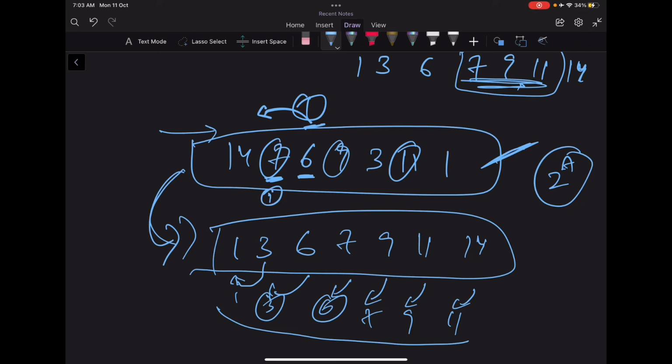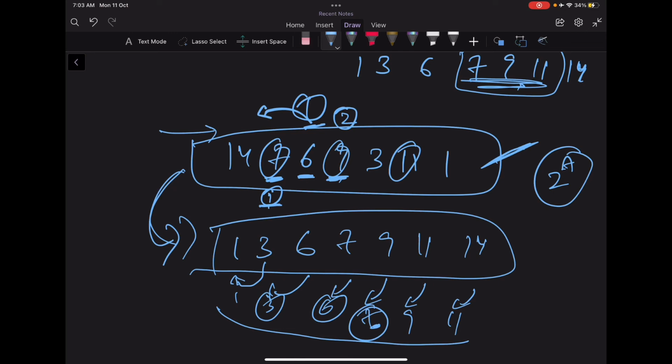Again, for storing these, we can use a hash map, right? Now when I reach 9, what is the previous number for 9? It's 7. Using this hash map, I can know. And what is the best length till 7? I've already stored it. It's 1. Now I can add 1 to it, and the best length till 9 can become 2.